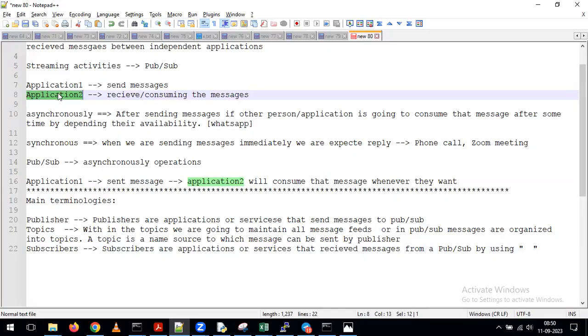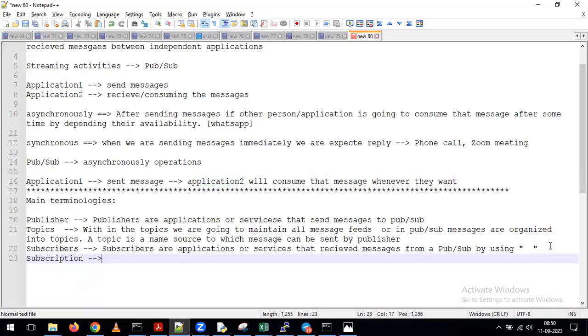Subscriber is nothing but whomever is going to receive the messages or consume the messages, and those people we can simply call a subscriber. But a subscriber cannot directly talk with the topic. To maintain the communication between the subscribers and topics, we need to maintain one more thing called a subscription, one more terminology we are going to use. So we are going to use one terminology called a subscription. Here we can say subscription is nothing but